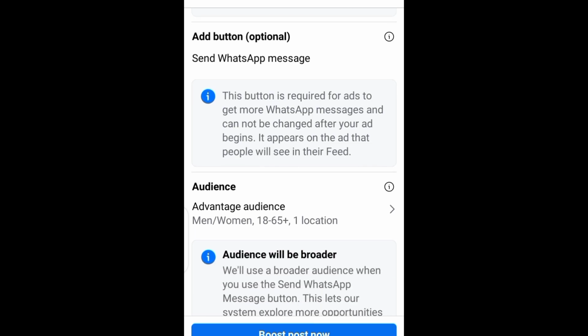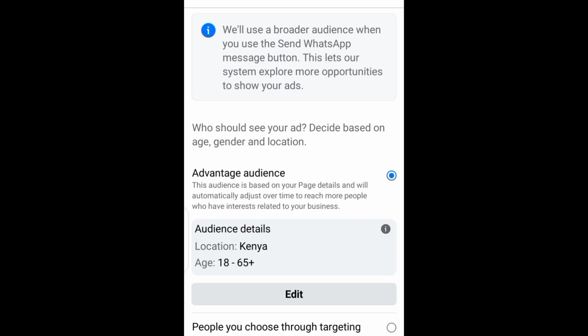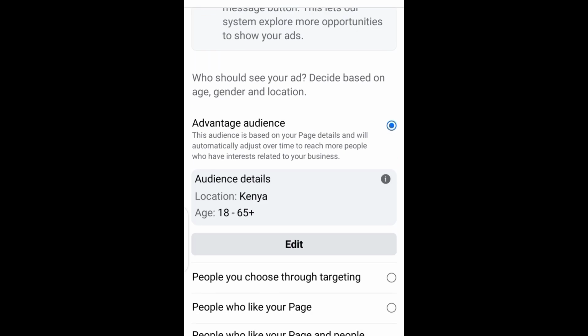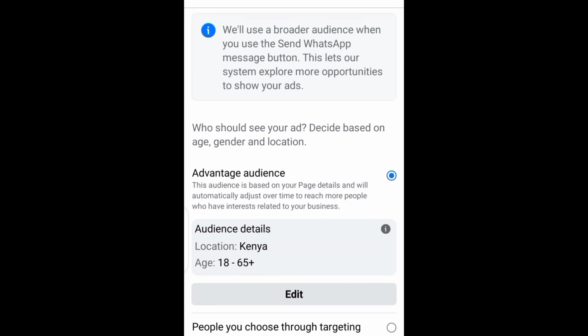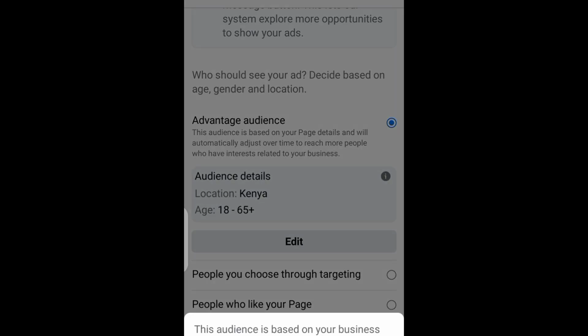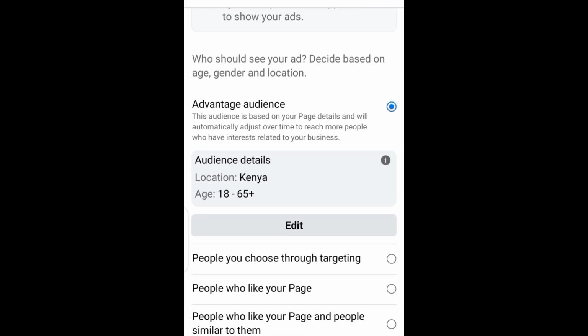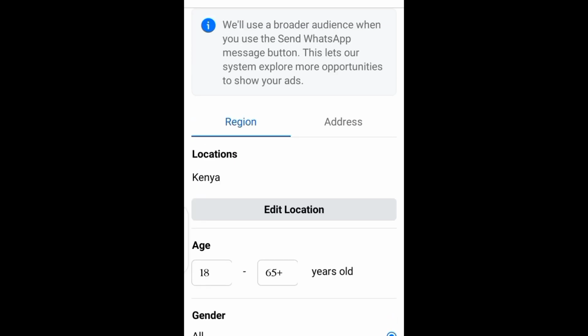Then when you scroll down, audience, click audience. Don't click the icon, the eye icon, don't click it. So you'll choose the range you want. You'll now choose the age range. You'll click here. You can click edit. Guys, when you click audience, you can also change the location where you want the post to be